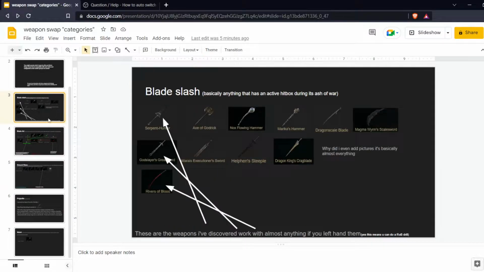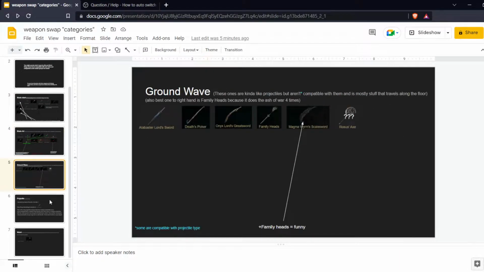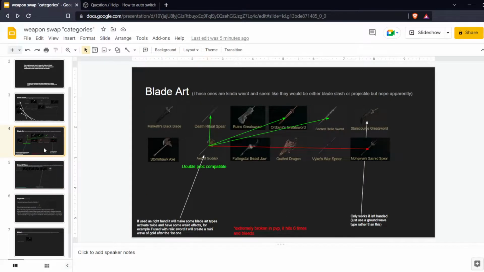This first one, I was going to make it a category, but basically, anything that has a physical hitbox during the actual war can be swapped with these three. And so yeah, that's all you need to know about that one. These ones are like the ones where you get more special though. For example, if you swap any weapon in this category with any other weapon in this category, it would work. With the only kind of broken, I wouldn't say kind of broken, I would say extremely broken,